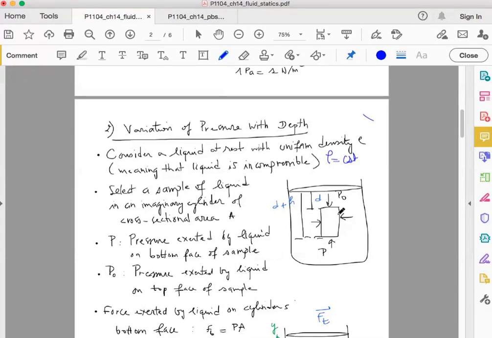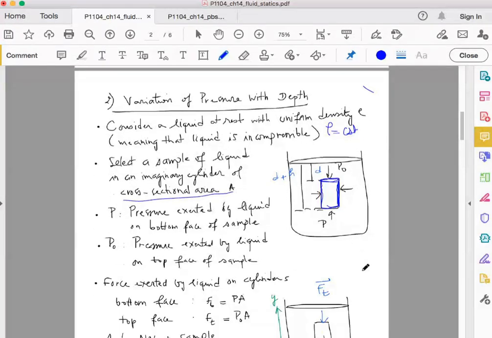Let's select a sample of liquid in an imaginary cylinder of cross-sectional area A. In other words, let's select some portion of the water to be a cylinder, and we want to discuss what happens at the walls of this cylinder. When we say cross-sectional area A, it means the area of the circle of the cylinder. As you know, a cylinder is a circle,